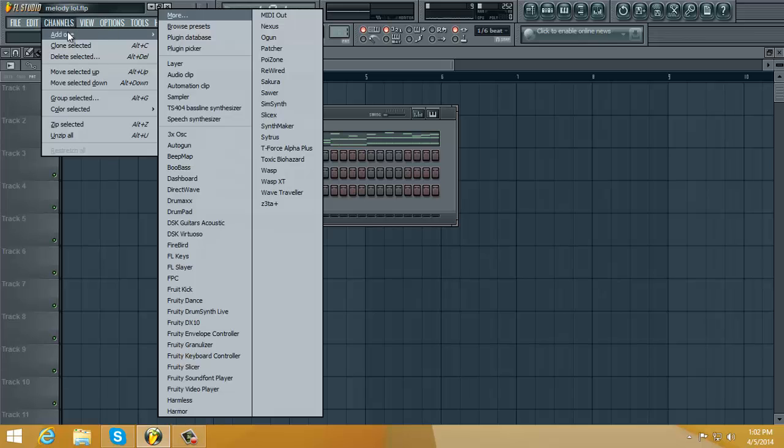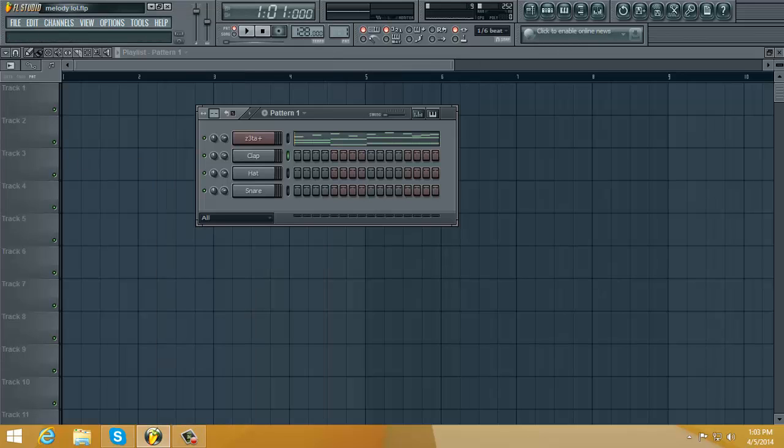And channels. This is how you load up synths. At her, you got default ones. I have a couple extra ones because I've had the program for a while and I wanted some new synths. This is a really good synth, by the way, T-Force Alpha Plus. It's free, I believe, and you can go download that. I don't have any download links, I'm sorry. I don't have time for that. Plus, I don't have an account for any of that, so there's that. Continuing on, you have all your sounds